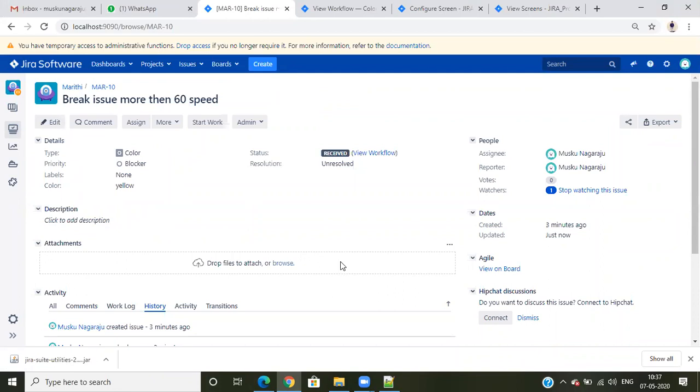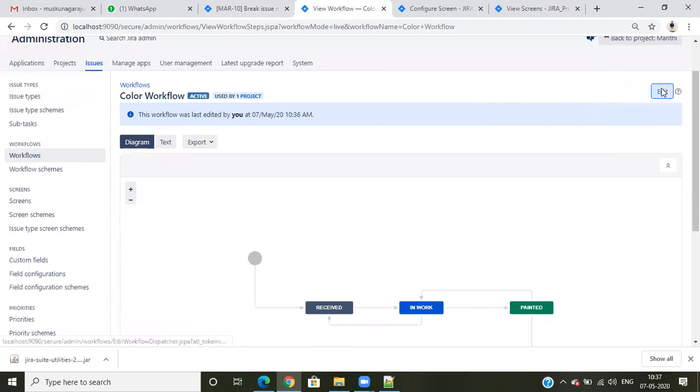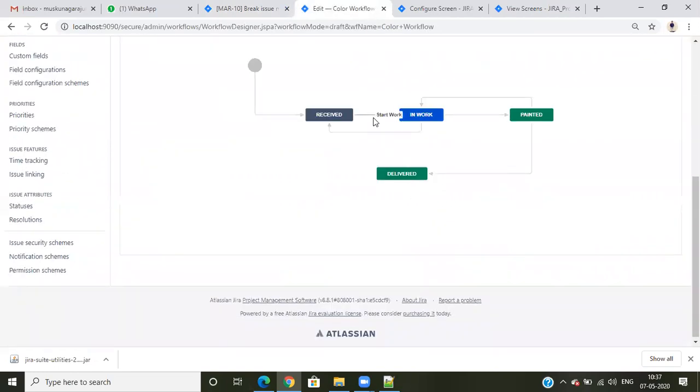Okay. So we can add an assignee condition or an only reporter condition, and any group of people can execute the transition. Suppose I have some group called project managers. Only the project manager can execute the transitions, the remaining people cannot. Okay, only people with the role. So if you go here, click on diagrams, you click on edit. If I click on the start work transition, I'll click on these conditions,